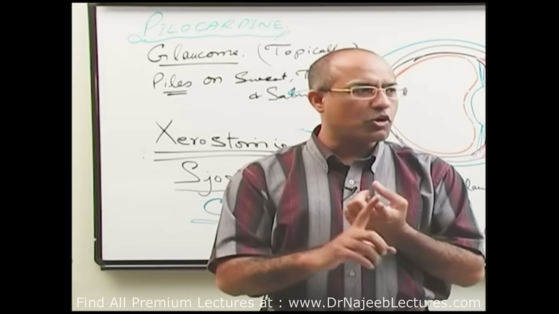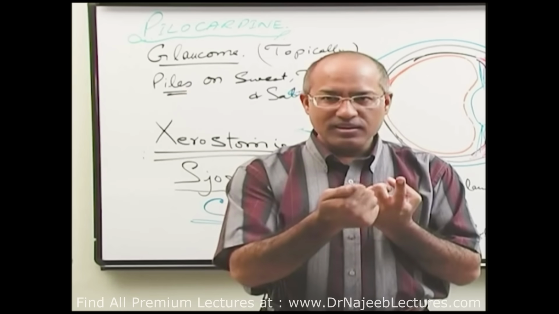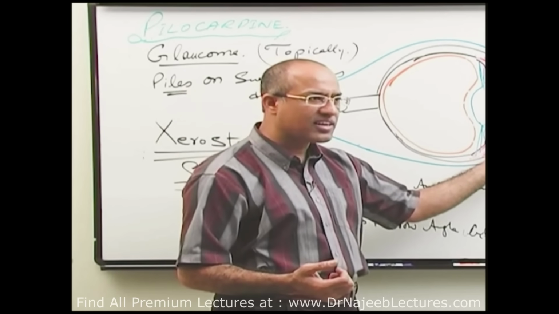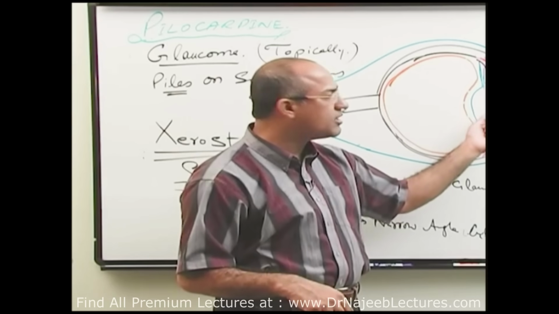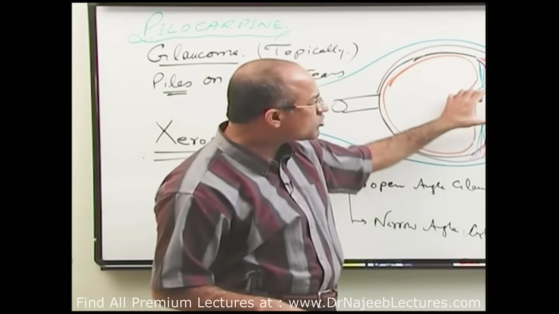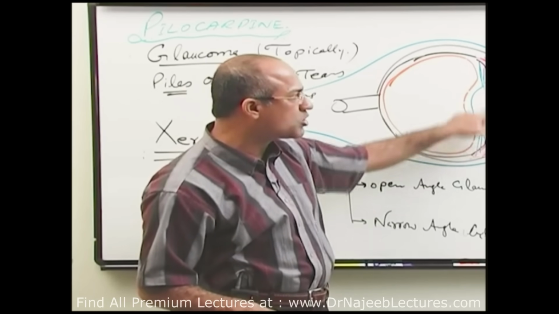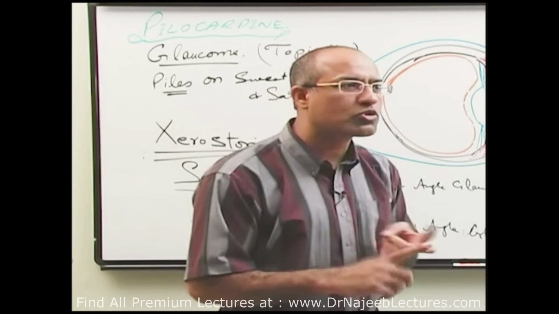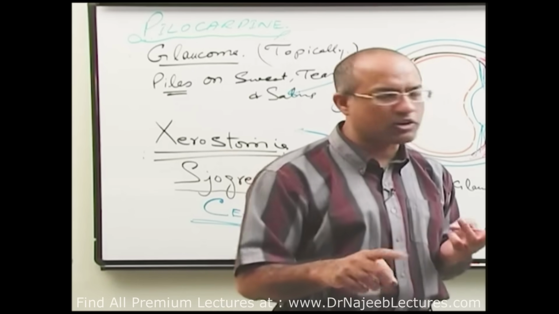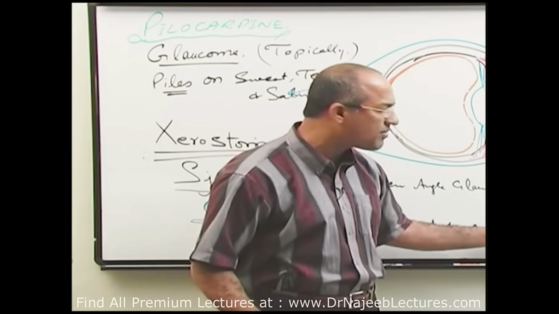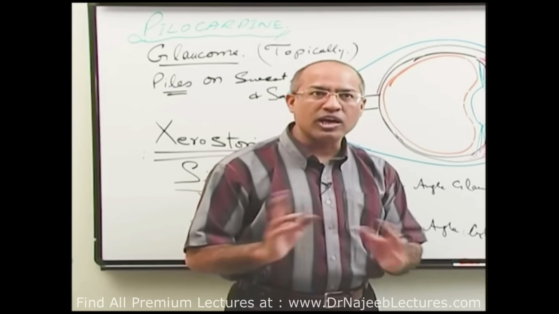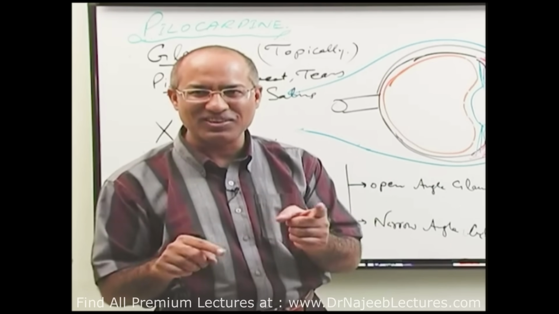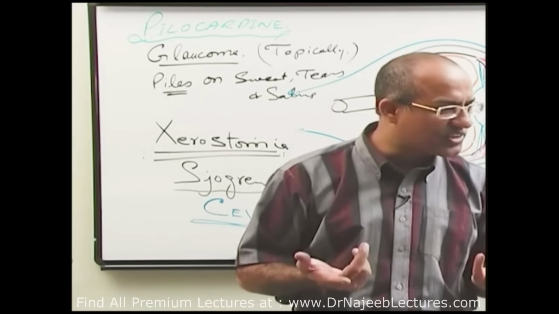For the eyes, we use it in open angle glaucoma because ciliary muscle contraction pulls the trabecular meshwork and helps in drainage. It can be used also in closed angle glaucoma where strong miosis pulls the iris root away from the angle and opens the angle, right? Secondly, in the eyes, it can be used to reverse the mydriasis produced by atropine. Thirdly, to break the adhesions between the lens and the iris, Pilocarpine can be used in alternation with, not in combination with, the mydriatic drugs, right?